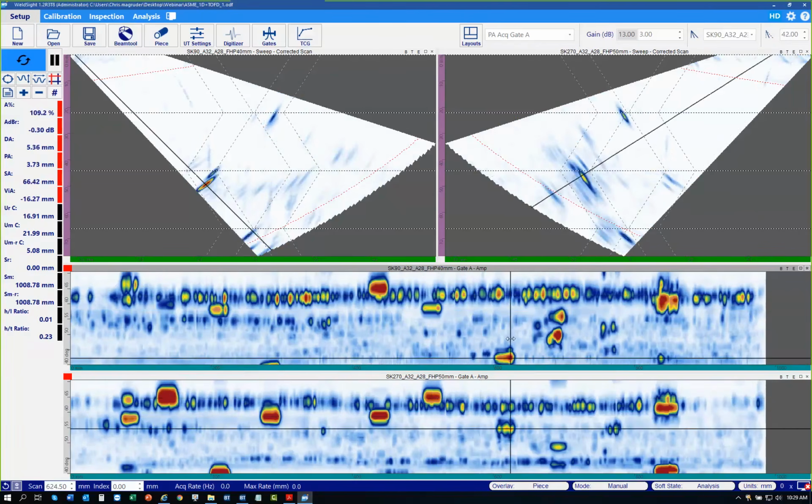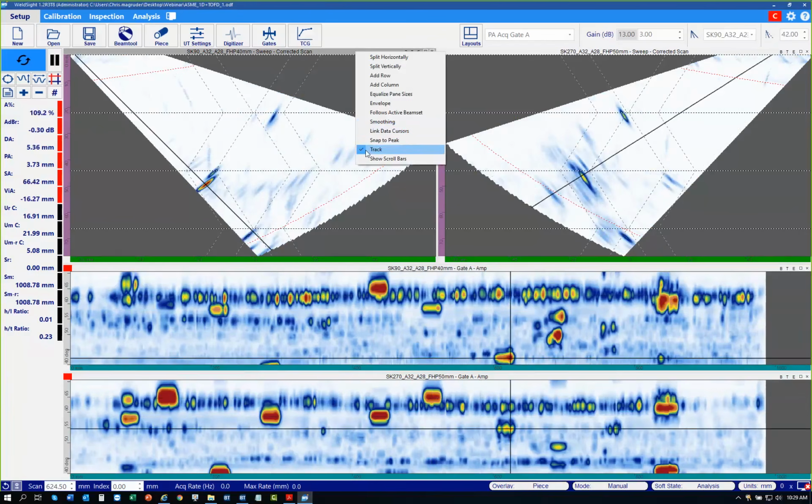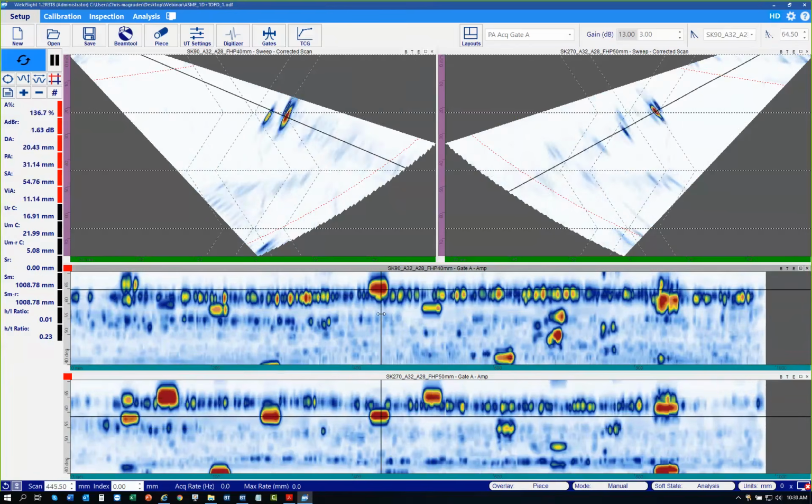And again, on some of our analysis tools, that's going to interfere with some other functions, like when we link the data cursors and snap to peak functions. So just always be mindful if that's on or off, and some of these functions we'll turn on and off through our normal workflow. So a little bit about amplitude first on this file, whether from an OmniScan X3 or